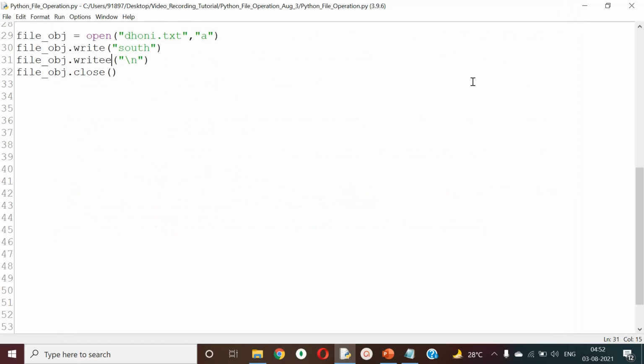So what are the drawbacks you see here? People might say your program got terminated. Absolutely fine. As soon as you get an error, that's how Python works, it is going to terminate the process. What is the next thing? I'm not sure whether the data was written. Of course, it would have been written, since the previous write statement would have executed. But the close was not going to happen. Line number 32 will not execute. Python executes the code sequentially, one after the other, so when one line gets an error, the next lines will not run.